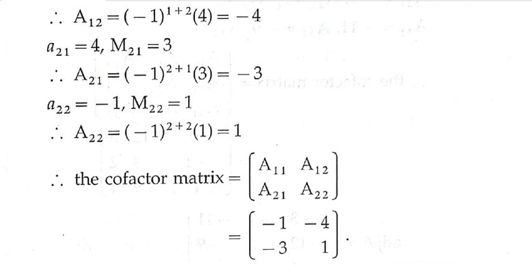So now in the last two examples, we understood how to find minors, how to find cofactors, and how to write the cofactor matrix. And once you are clear with these three steps, then we can easily understand how to find the adjoint matrix, and once you get the adjoint matrix, how to find the inverse matrix. So now next we will begin with finding the inverse matrix.